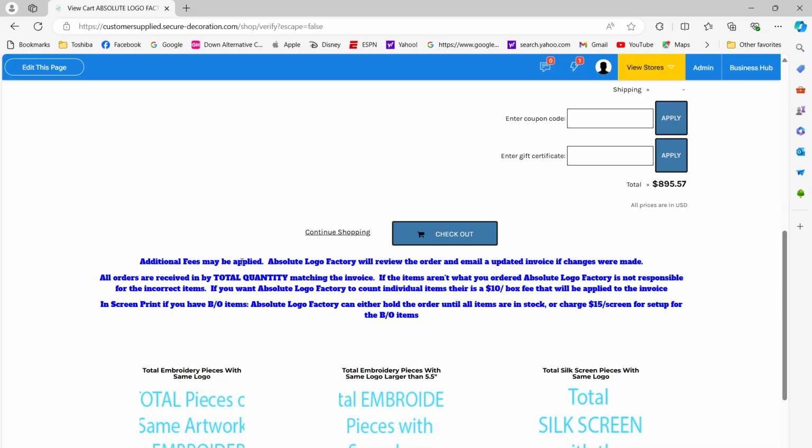Here you'll just see that all fees here are not final. We will review every order and send you artwork approval to make sure everything is exactly how you entered it and how the customer wants it. And that is something that you can send to your customer. And from there, just go to checkout